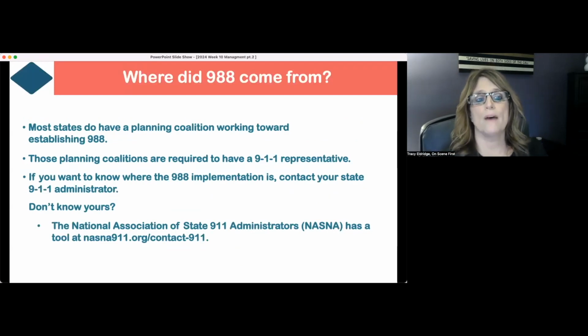Most states do have a planning coalition working towards establishing 988. Those planning coalitions are required to have a 911 representative. If you want to know where 988 stands in your state, you can contact your state 911 administrator. If you don't know who yours is,